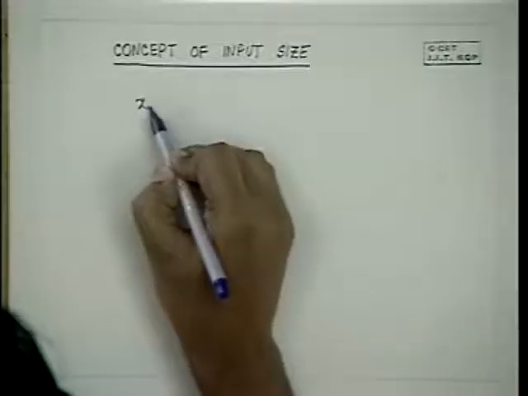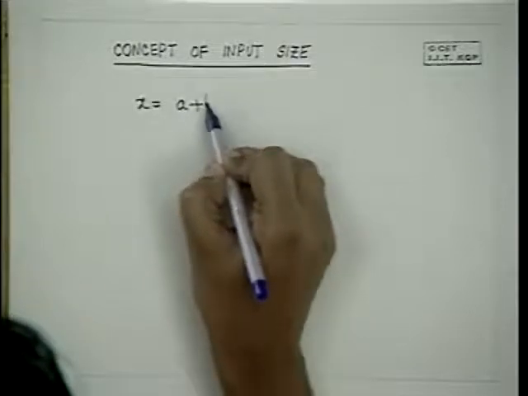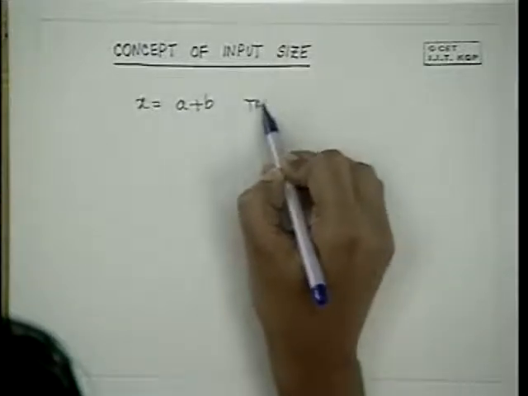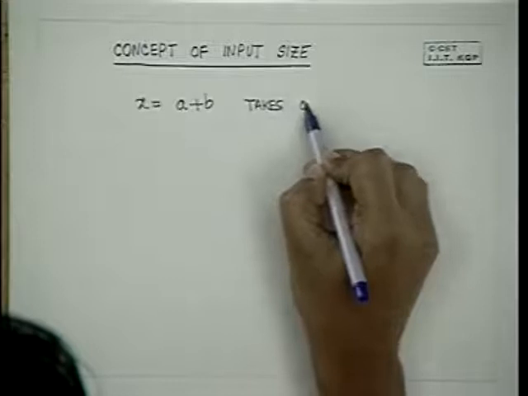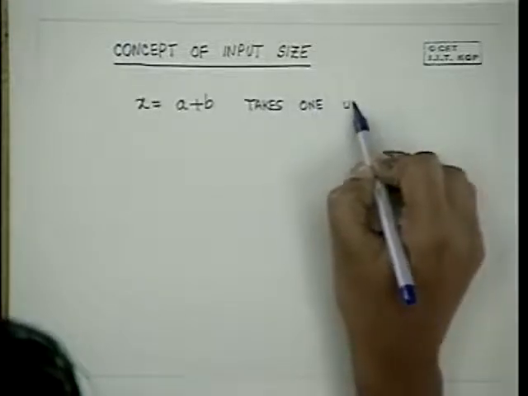Let us remember that when we have said that an operation takes one step, that meaning is defined this way: for fixed size numbers, that means there is a maximum limit on the size of inputs to an operation. For example, if I say addition x is equal to a plus b takes constant time, one unit time,